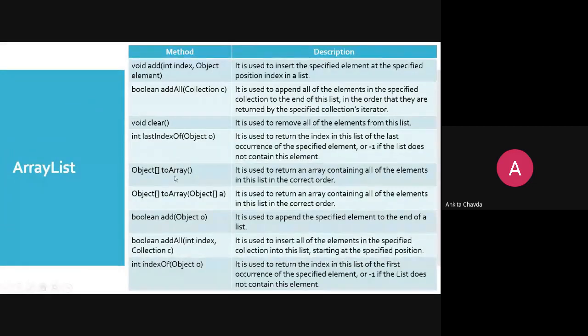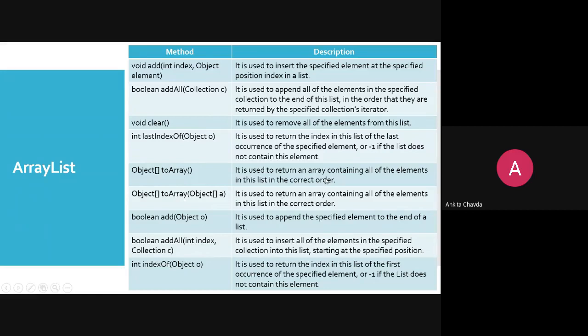Another one is toArray. toArray will return an array containing all the elements in the list in correct order. So you can convert from a list to an array and from an array to a list. That program we will see in the next-to-next session, where we will have sufficient time to see how you can convert from array to list and list to array.